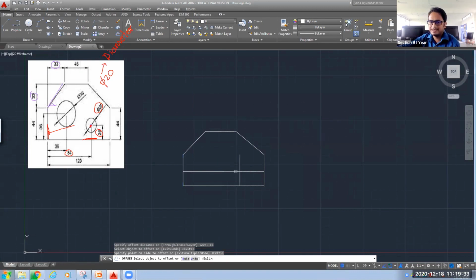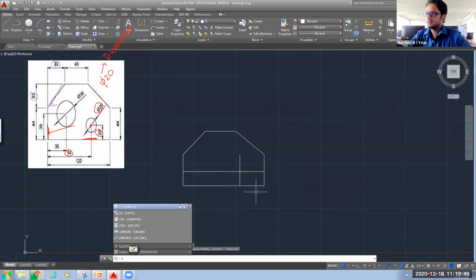Yeah. Now I get some intersection point over here. This is the center of my circle. Okay. Now we have obtained the center of the circle. These are two different entities. So I will go for the circle command, CIRCLE, or the simple short form is C. Like for line I was using L, for circle you can use C.